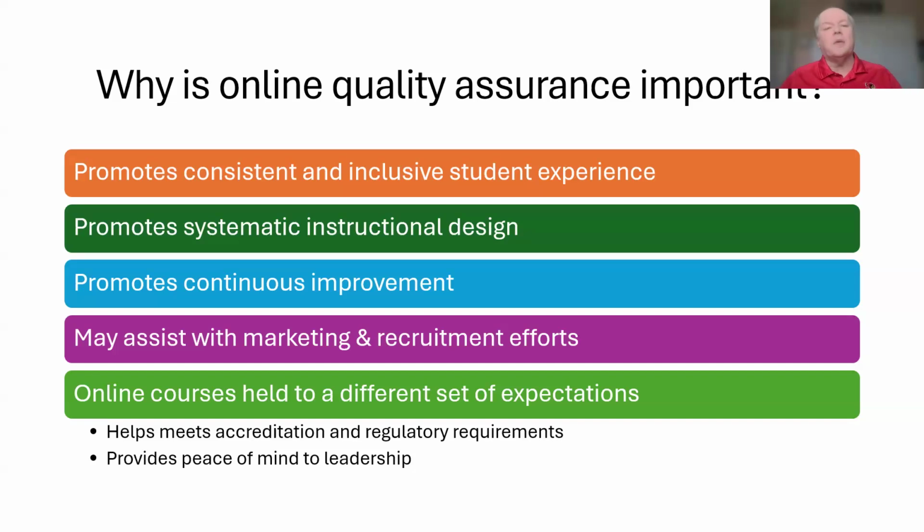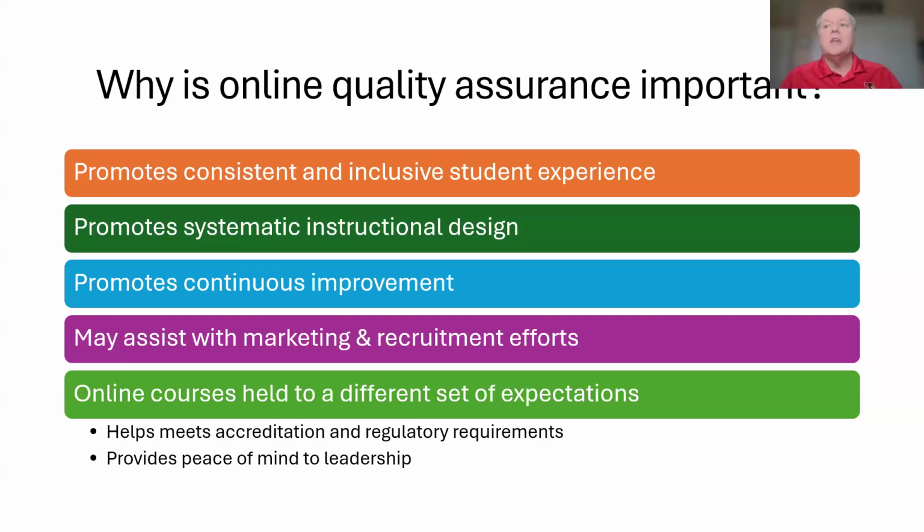Faculty members structure them differently. There isn't much consistency. I have to not only learn the content, but I have to learn a new course. I have to learn a new navigation and all. And so quality assurance helps to provide a consistent and inclusive student experience.